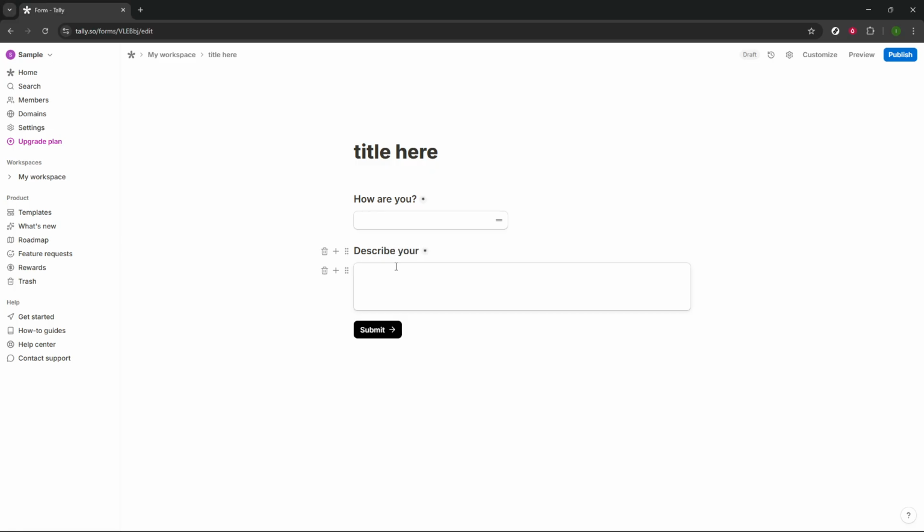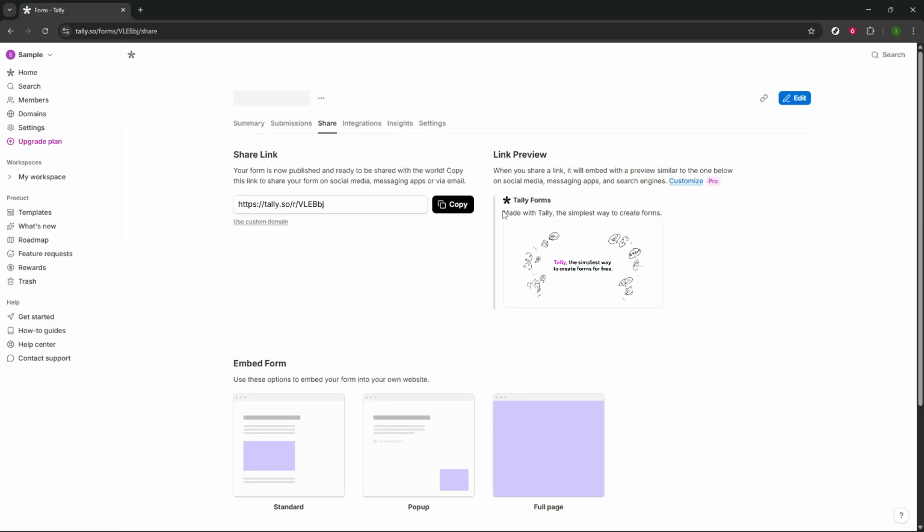Once you've added all the necessary elements and questions to your form, it's time to make it available to your audience. To do this, click on Publish to make your form live. After publishing, you'll see a shareable link. Click on Copy to save this link to your clipboard. You can easily share this link with your team, friends, customers, or anyone else who needs to fill out the